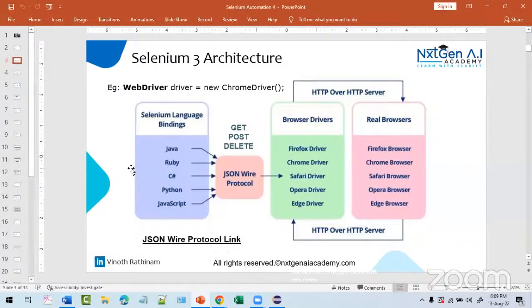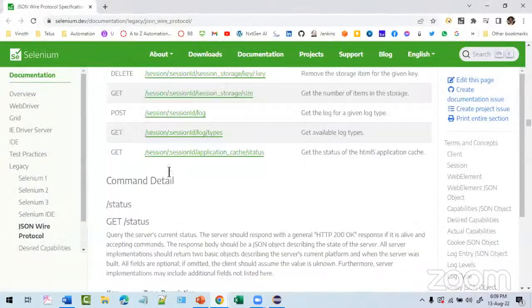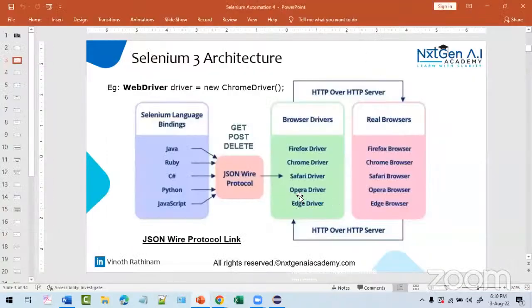Sometimes you launch the application, and it will give a successful status. Sometimes you want to retrieve a value, so we use get, post, delete. We have four to five HTTP methods, but the Selenium 3 architecture is designed mostly using these three. When you launch the application, through the browser driver it will go and launch the real browser. After that, it will give the status that it is launched, and then it will come back and print in the IDE. So this is what happens in